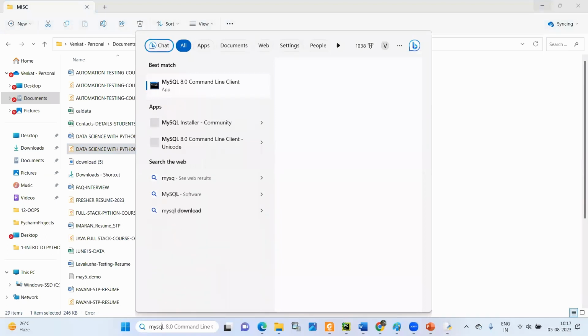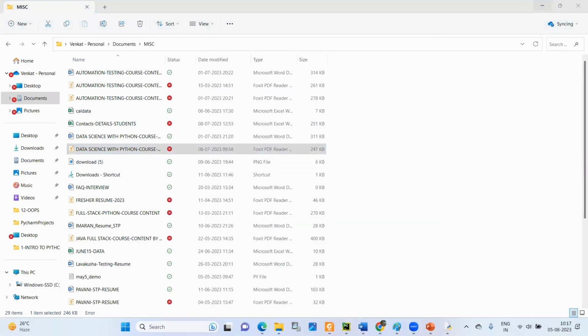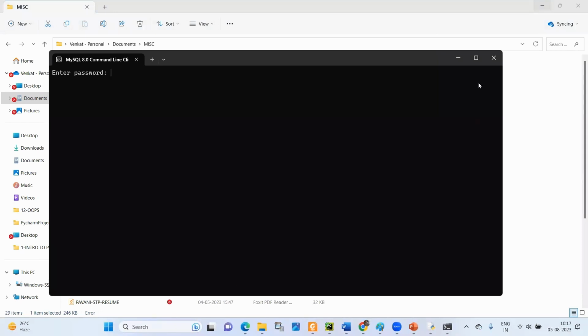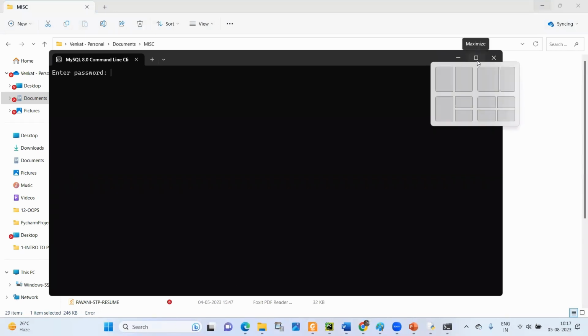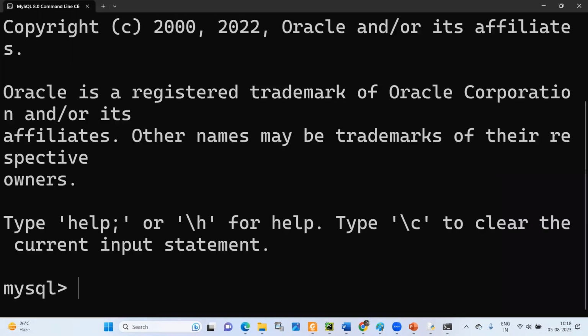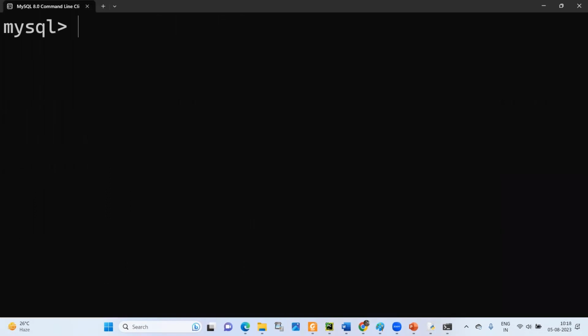There is a database backend called MySQL. This is the dashboard. This is a window for the MySQL command line editor. MySQL is a database which has an admin. I am the admin. My password is MySQL. Clear? A lot of databases are available. Let me show you the databases.